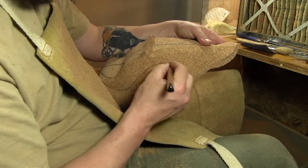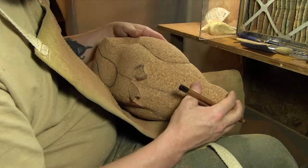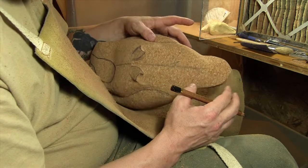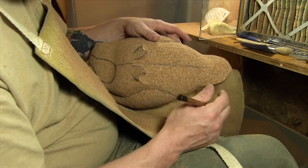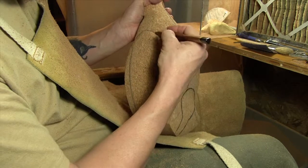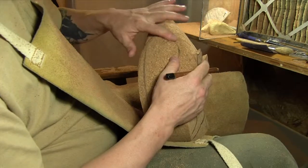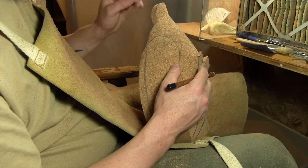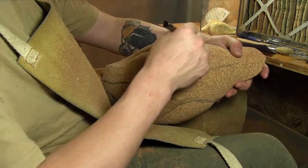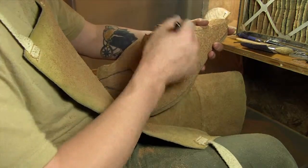And another thing, I don't know if you noticed it, right through the side pockets, right through here, I was taking a little bit of material out in that line. The reason for that is with the pattern that I used, I kind of rushed a pattern here and just took a top profile from another pattern, and that top profile was one of the patterns that was supposed to have the tertial feathers overlapping into the side pocket, so they were cut into the side pocket. So there was more meat left in here where the side pocket is with that pattern. So the top profile of the side pocket didn't cut in deep enough, and there's still a little bit more in there. I'm going to go in and take that out, so I can get better roundness on this,